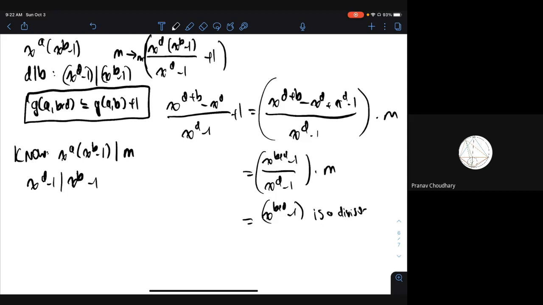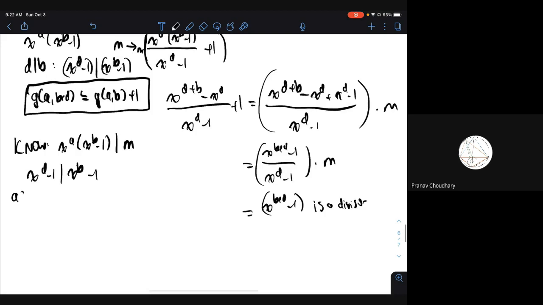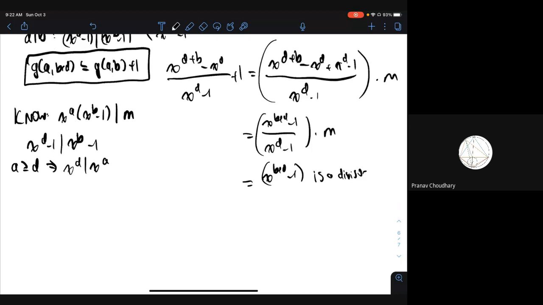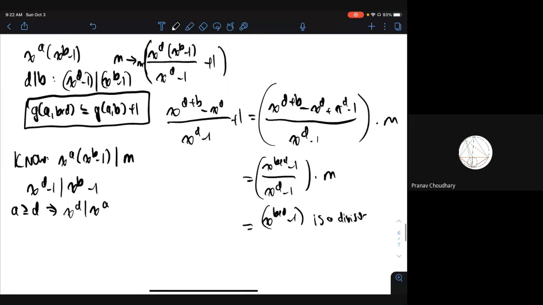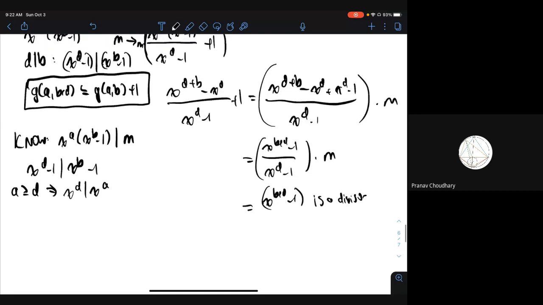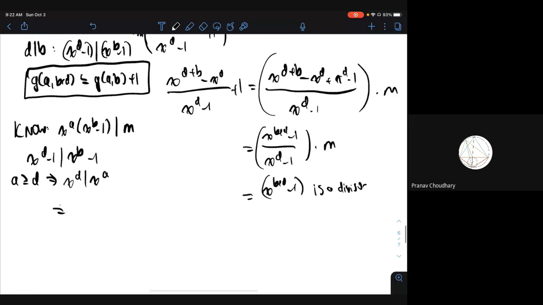Yeah. Then also we assume that a is at least d. So then that means that x to the d divides x to the a, right? Yes. Okay. So now, what all this implies is that